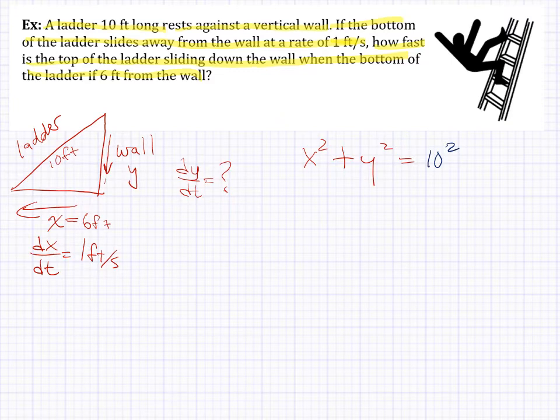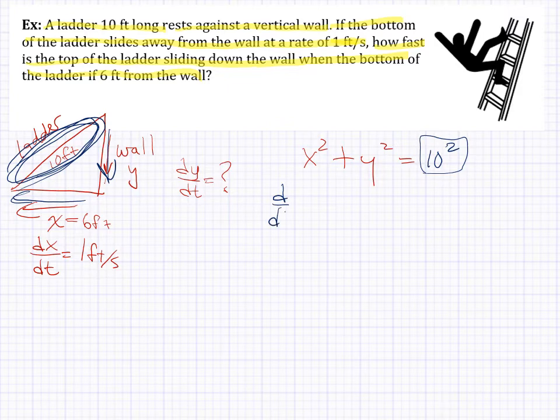We're going to have to take the derivative of this equation with respect to t, so we can find all the related rates. And remember, this is not changing. This distance is changing, this distance is changing, but this distance is not. So when we take the derivative with respect to t, we only find a change in x with respect to t and change in y with respect to t, but since this is a constant, that won't be happening. So if we take the derivative with respect to t of both sides of this equation,